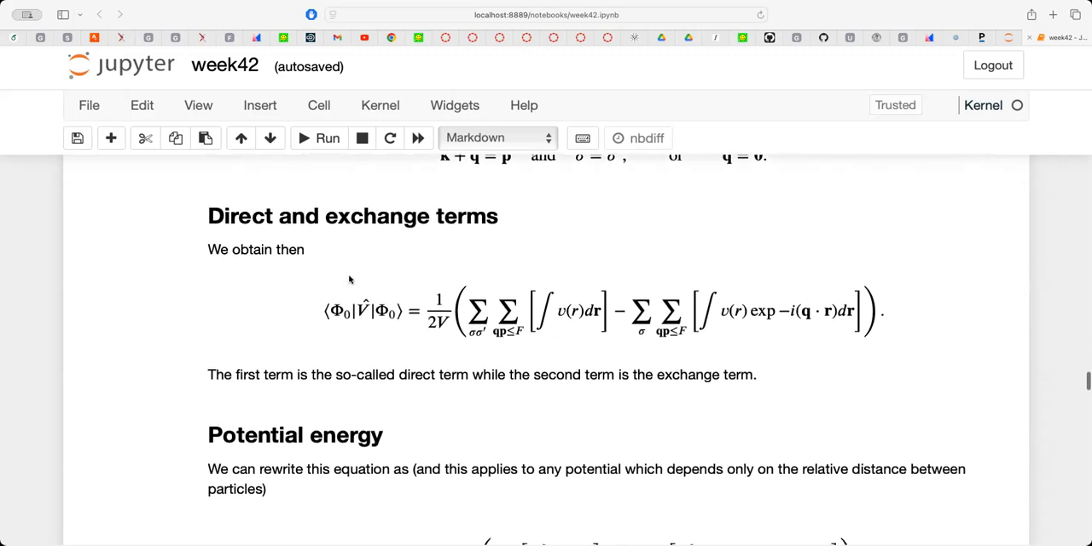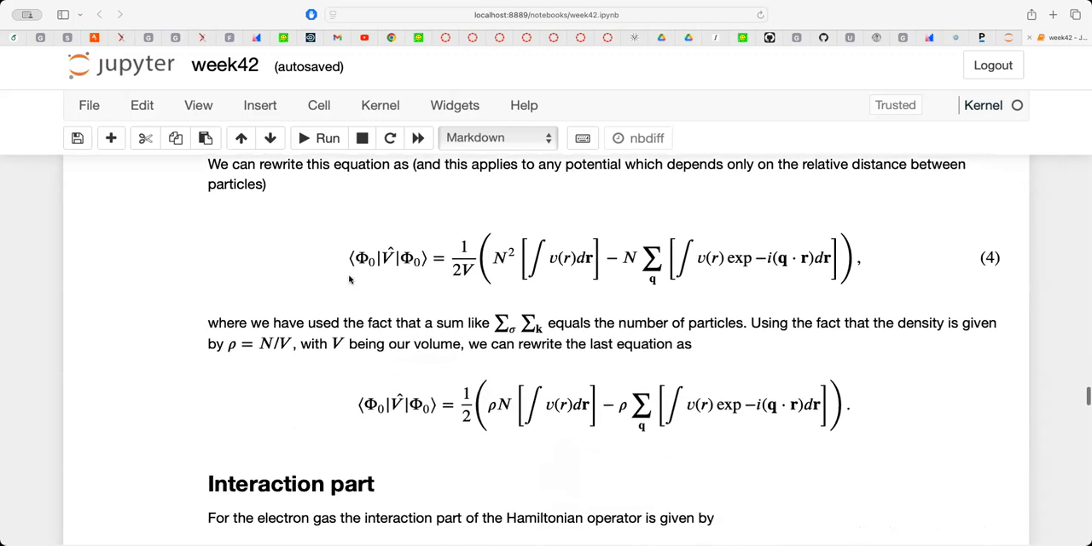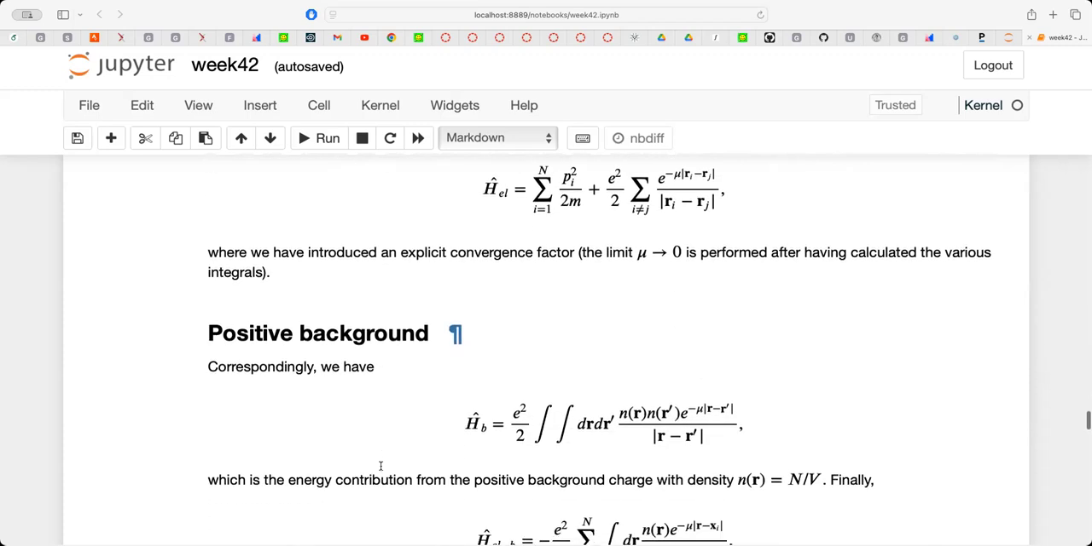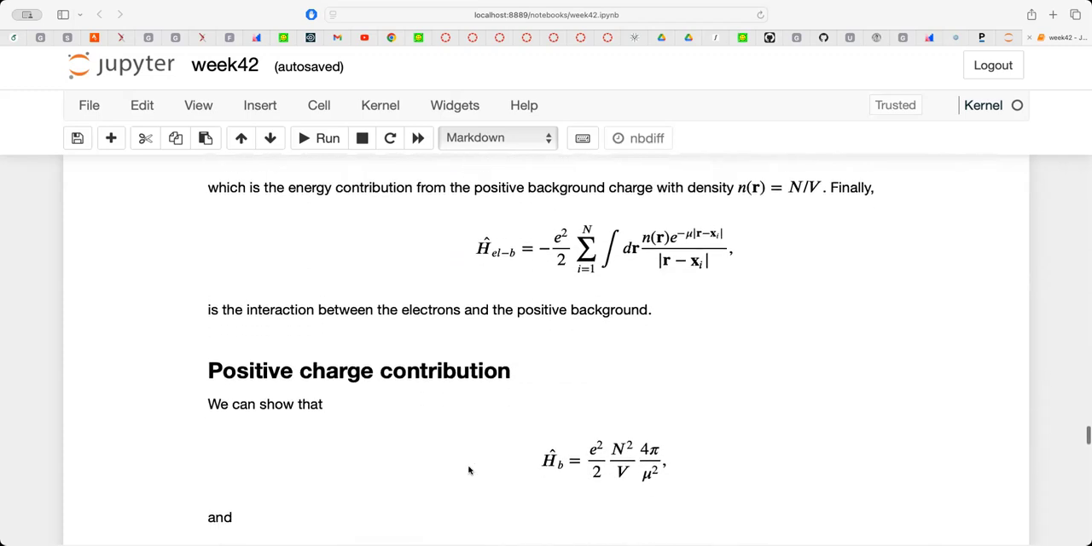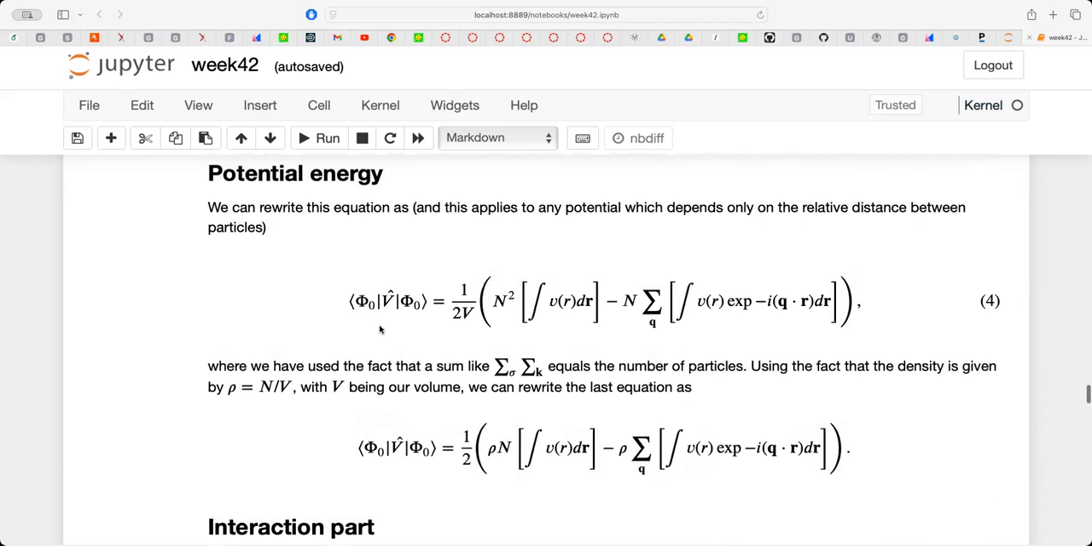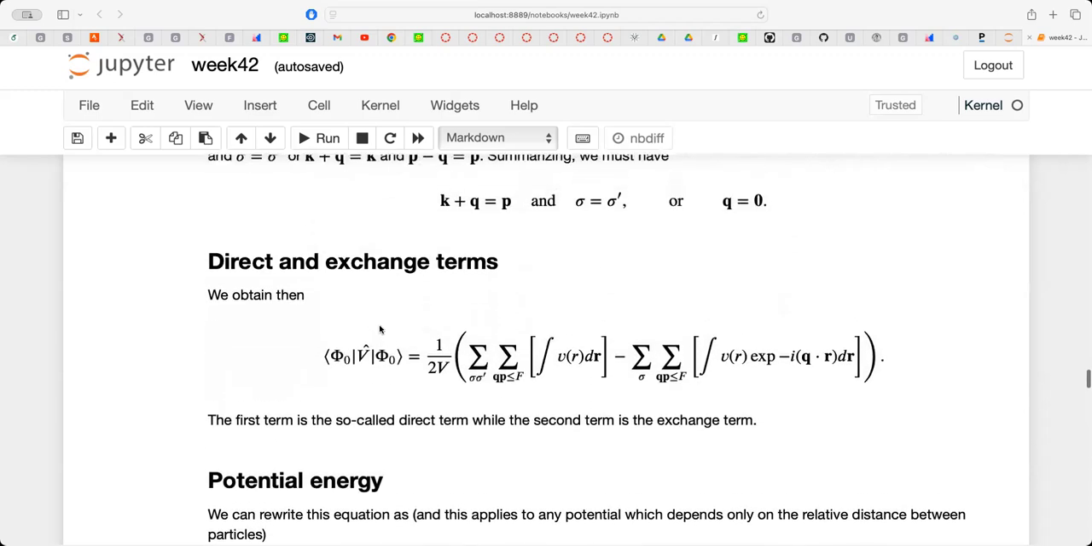And then we are going to jump back and look at the calculation of this energy, where we also add the positive background and the positive charge contribution. And these are terms which will actually cancel parts of this integral here. So let's switch to the whiteboard. And after this reminder of what we did last week,